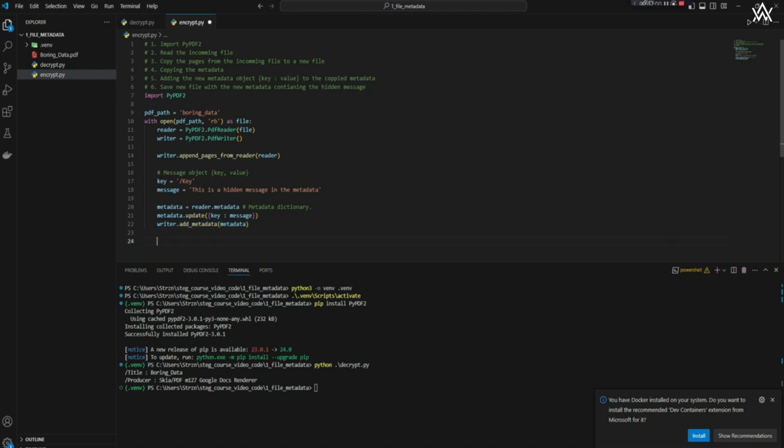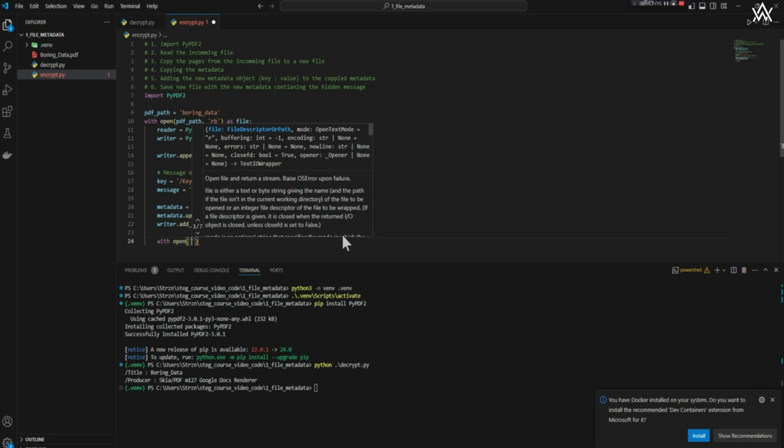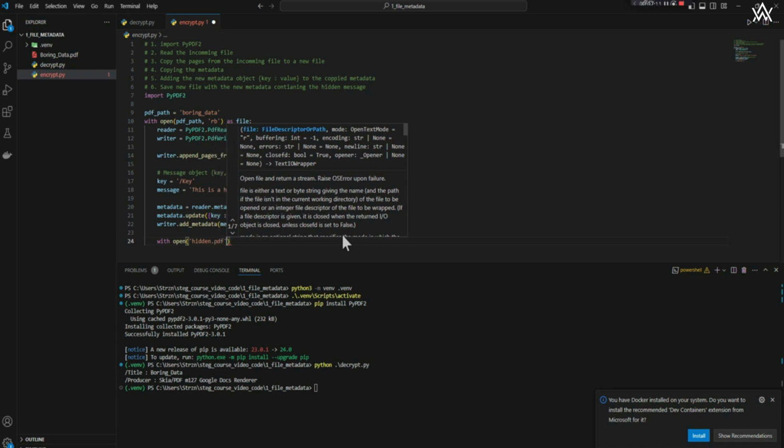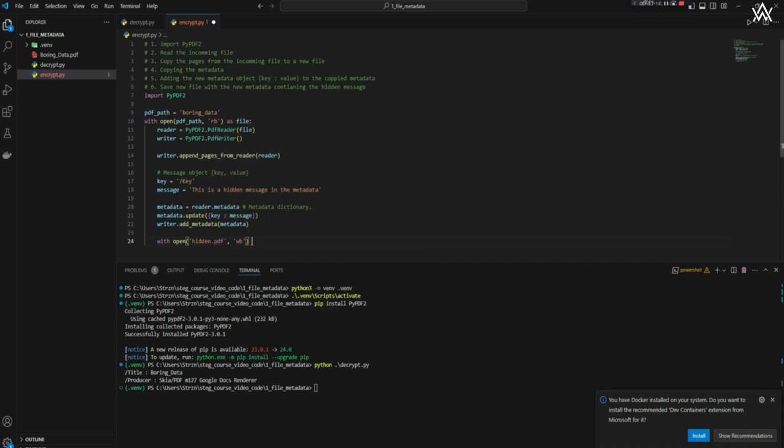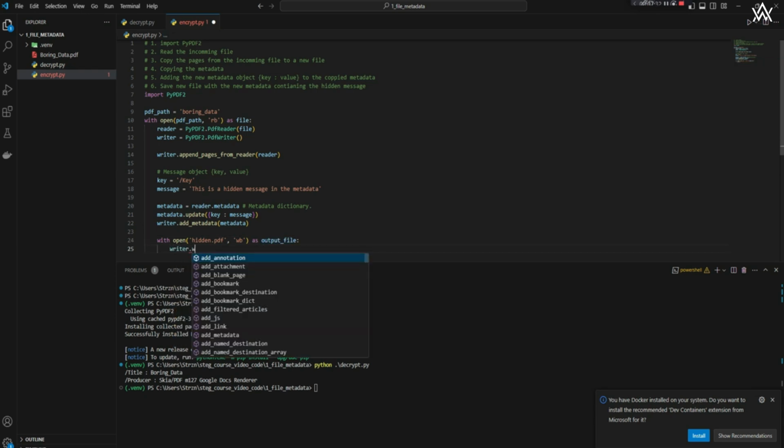And next, we are going to say with open, and this is going to be the name of our output file. So the one with the hidden message, we'll say hidden.pdf is going to be the name of the file, and we're going to say write binary, as output file. So we're storing this file in write binary mode as this output file variable, and we're going to say writer.write